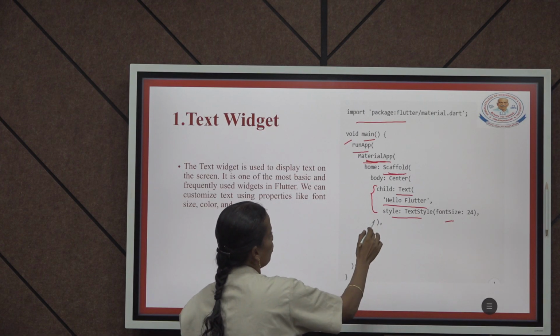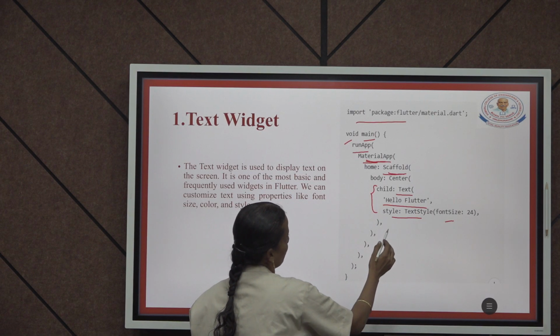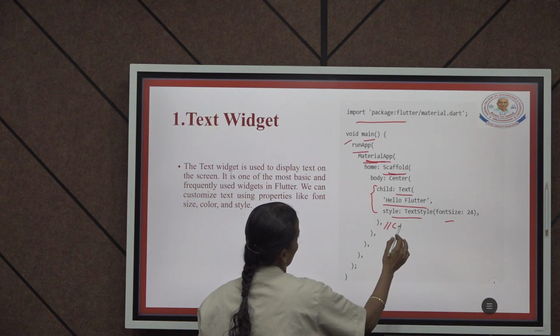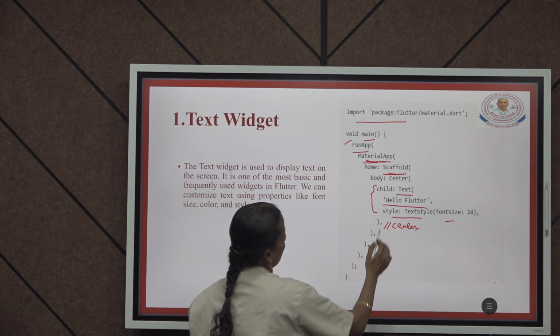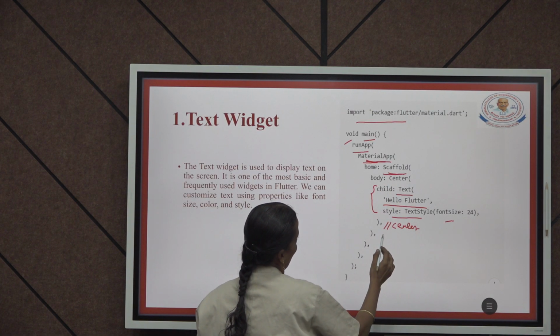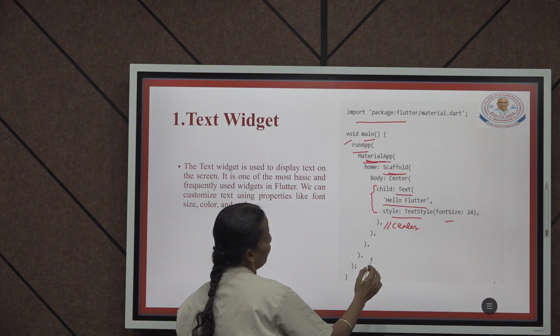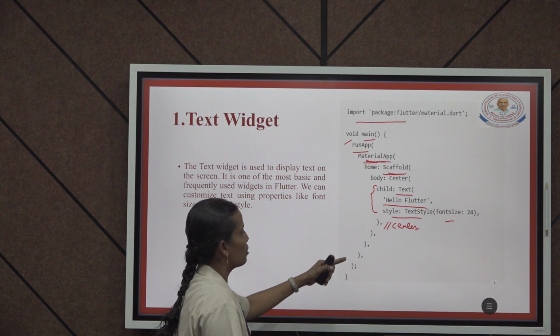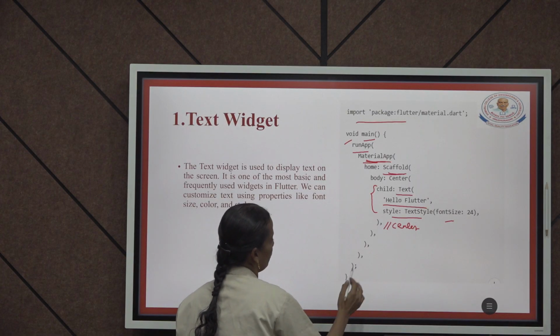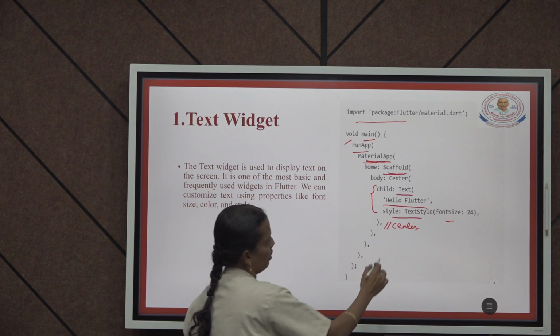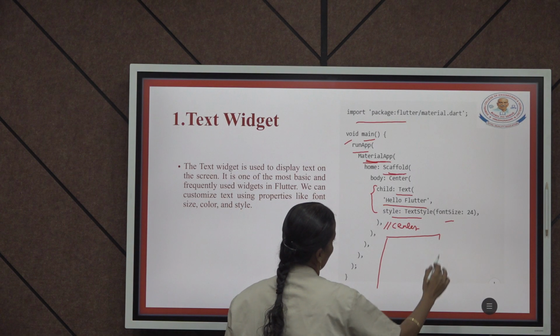Then we have to close every widget. First we have to close the center widget. Next we have to close the Scaffold widget. Next, the MaterialApp widget. Then runApp is also closed. Finally we have to close the main method. The output of this program shows like